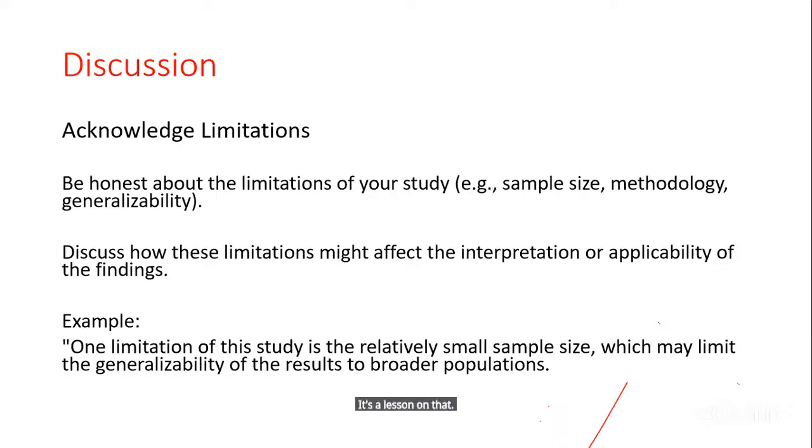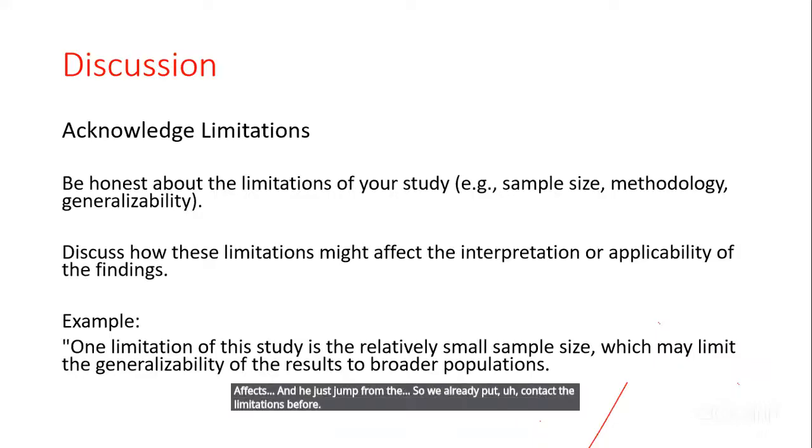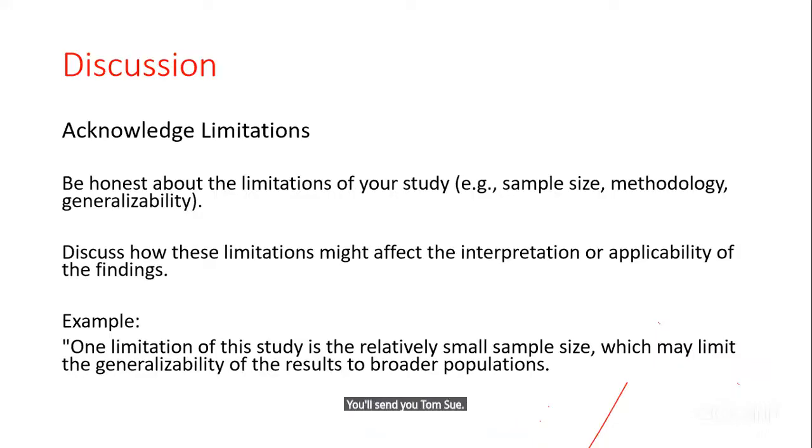So acknowledge limitations. In this discussion of the area, you identify your limitations: what your study did not cover, what you did not do in your study that can make the scope of your study limited. Okay. So if you don't point it out, it might attract a rejection from the reviewer. So we point out the limitation before we send it out, so that the reviewer will know, and the editor will know what you are doing.